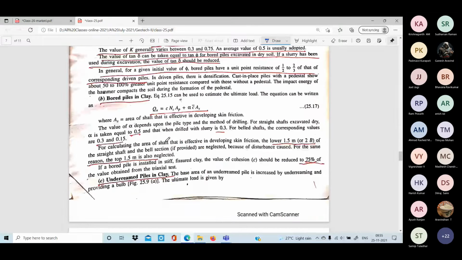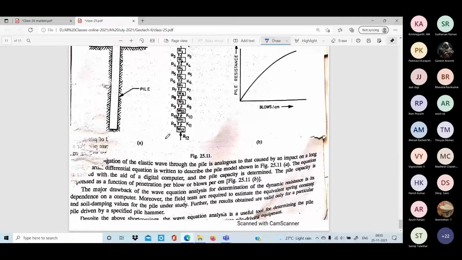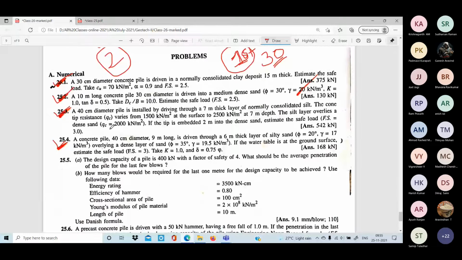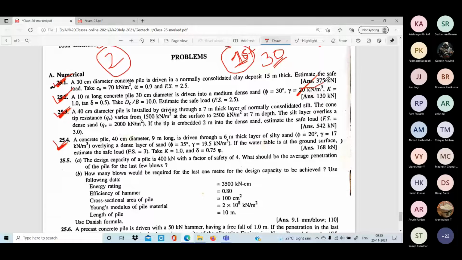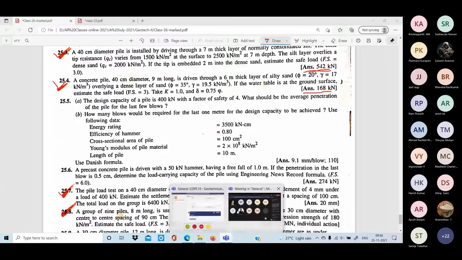So when you try to solve this particular problem, then you will understand how to do it. Anyway, answers are given here. It will match, okay. Generally, there won't be any mistake in the answers; there may be a mistake from your side only. So try to solve this problem on your own, okay? Don't copy. When you are not able to do it, then copy, okay? So that is also allowed for you.